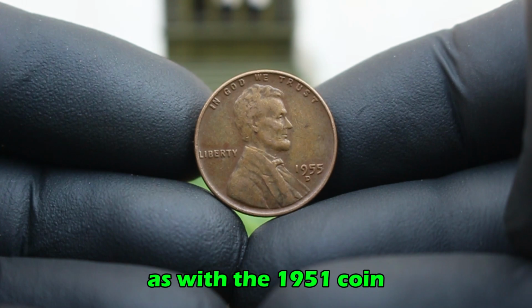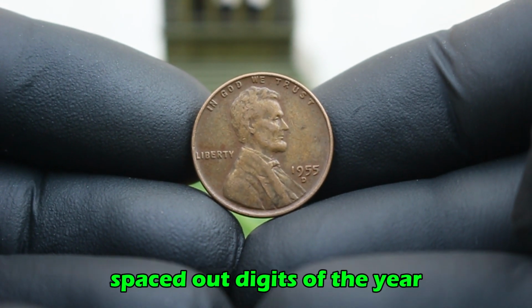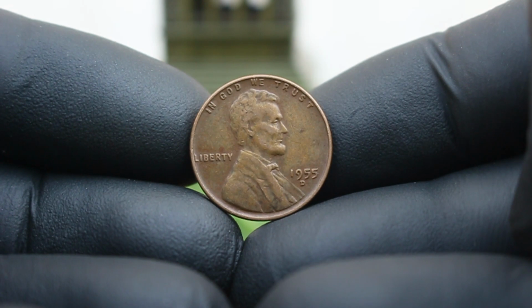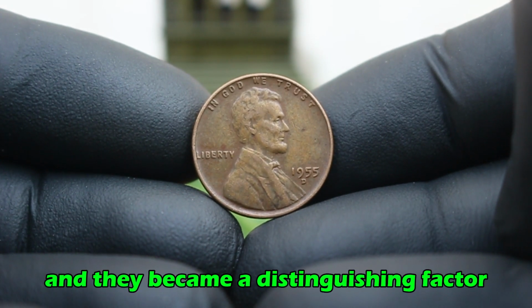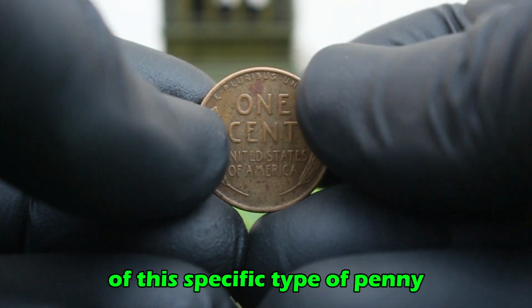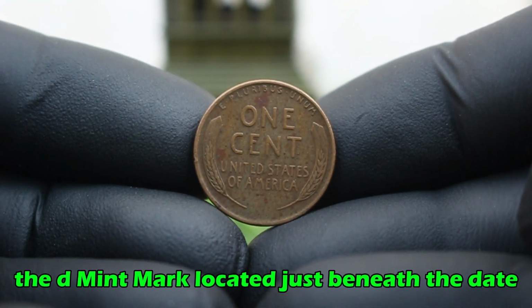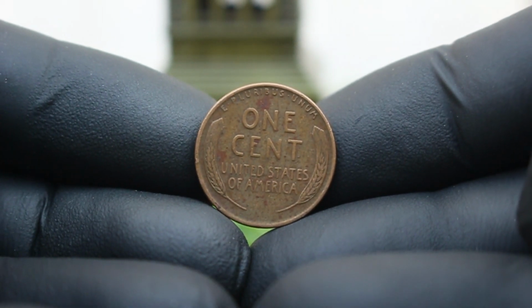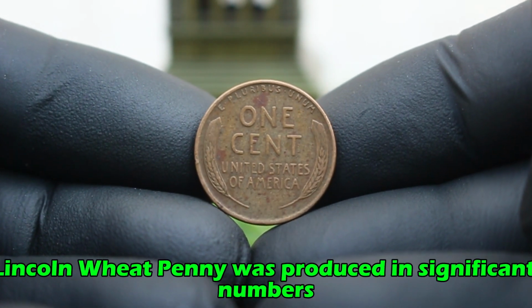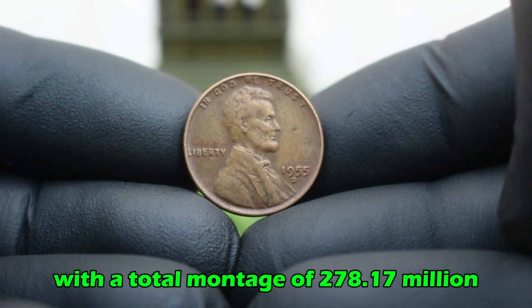As with the 1951 coin, the large date variety stands out because of the bold, spaced-out digits of the year. These large numbers were the result of a change made later in the year, and they became a distinguishing factor of this specific type of penny. The D mint mark located just beneath the date identifies the coin as having been struck at the Denver Mint. The 1955 D Lincoln Wheat penny was produced in significant numbers with a total mintage of